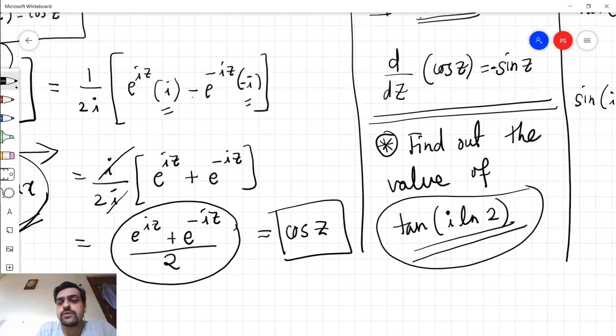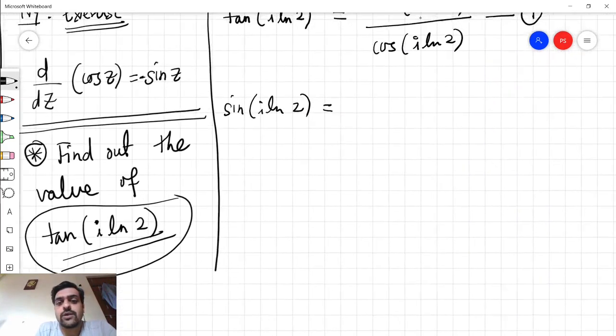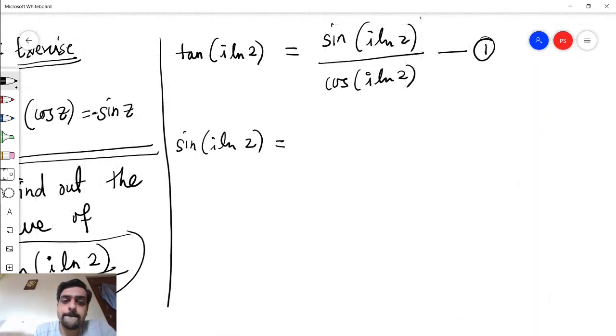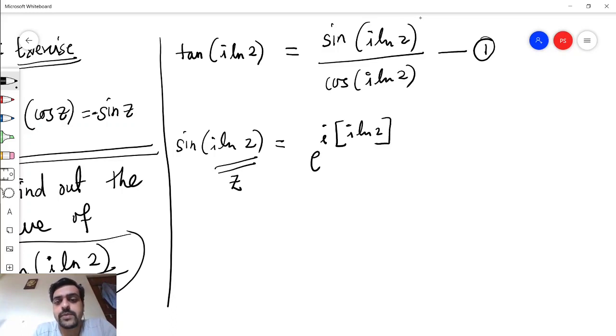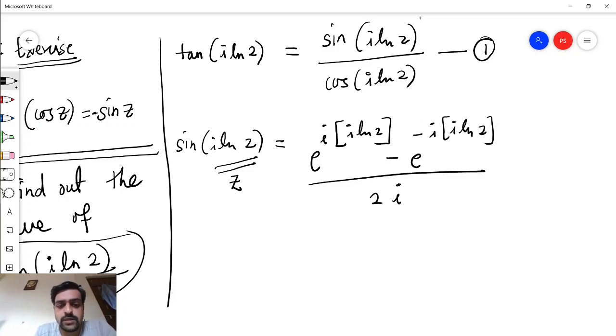So sin of i log 2 would be e raised to i times, now this entire number is z, so e raised to i times i log 2, minus e raised to minus i times i log 2, divided by 2i, which will be,